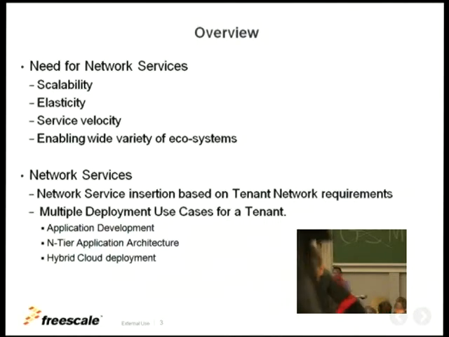For example, we have a 3-tier web services tier and application tier and database tier, and we have different network services required to handle the traffic coming onto the web tier, and then the traffic generating from web tier to the application tier, and again from application tier to the database tier, the entire application architecture.